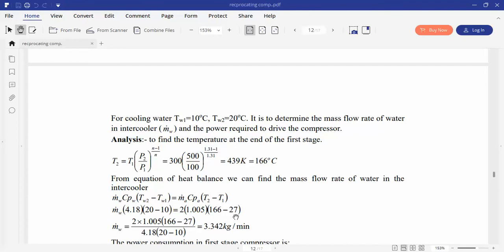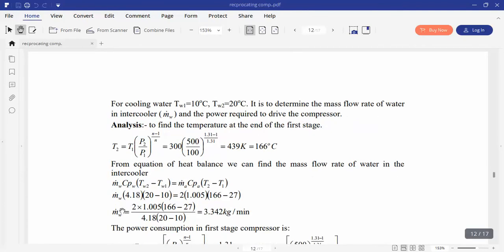From this we can get that m dot w equal 2 into 1.005 into (166 minus 27) by 4.18 into (20 minus 10). It will give